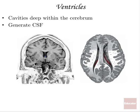So this is one of those frontal or coronal cross sections straight through the cerebrum, and this gives us a good view. You can see part of the ventricles here. This is a transverse or horizontal section. So if you're wondering what these cavities do, they have to do with generating and circulating the CSF, also called the cerebrospinal fluid. And there's a region known as the choroid plexus that's adjacent to the ventricles. And remember the ependymal cells, I almost forgot the word, the ependymal cells,